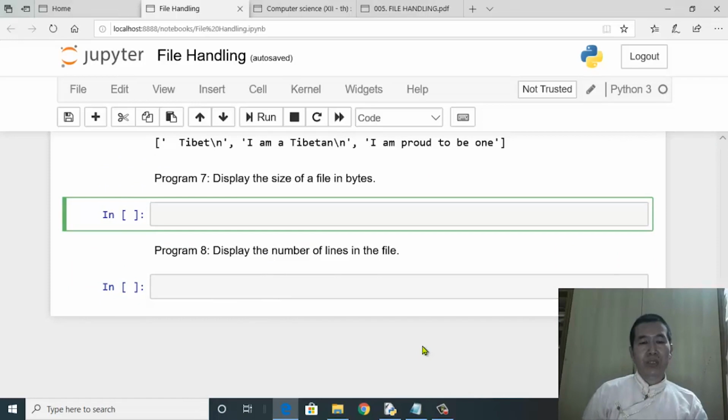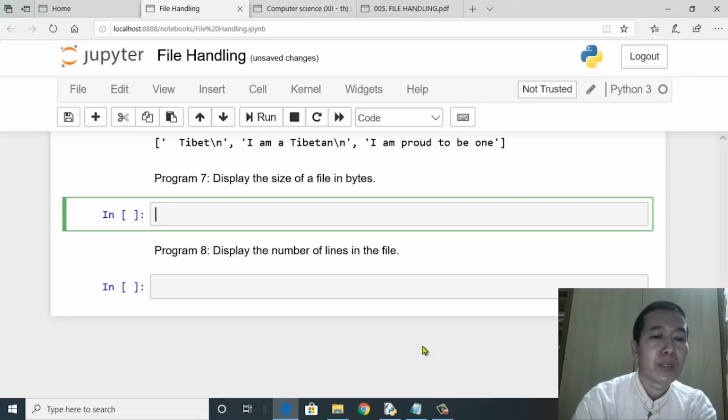Now these two questions will actually check how much you have understood the earlier topic and the subtopics. So the question is, I just need to display the size of a file in terms of bytes. So immediately your thought should be over the choice of 3 available reading functions. The first one is read, the second one is readline, and the third one is readlines. So let's get on with the program.